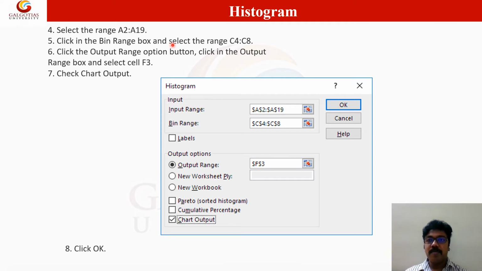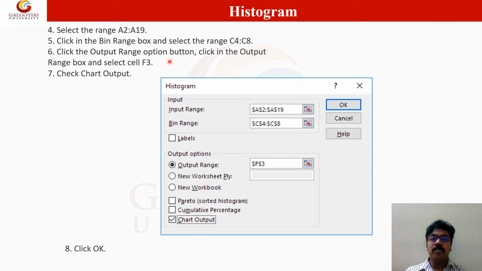In the first slide you have seen that the number of students is given in the first column, that is A. So the values lie in column A, row 2 to A19. That should be given here as the input range.